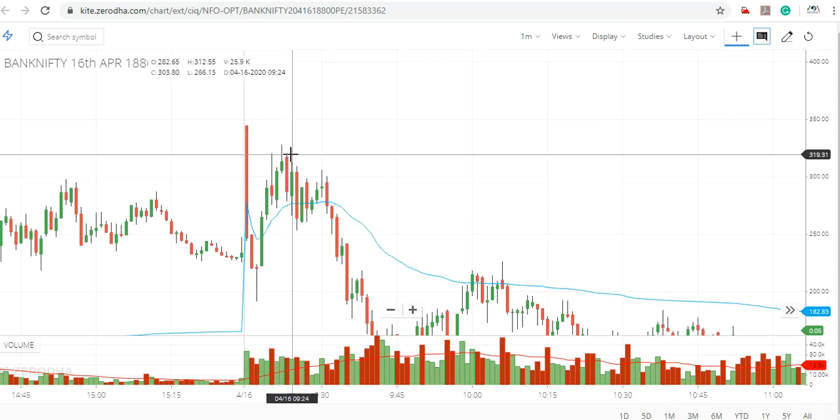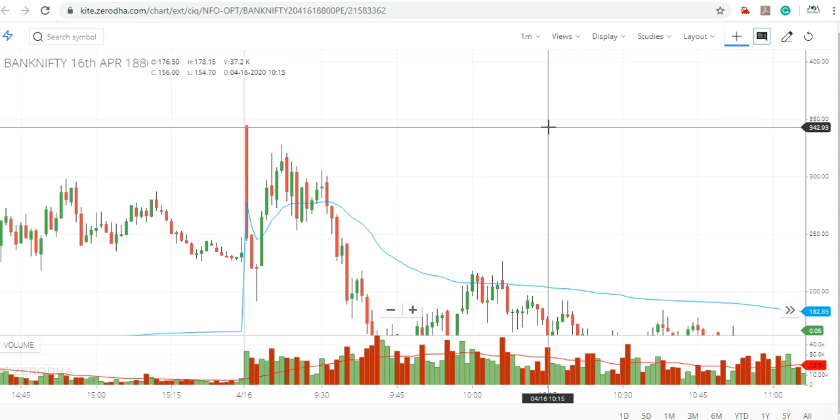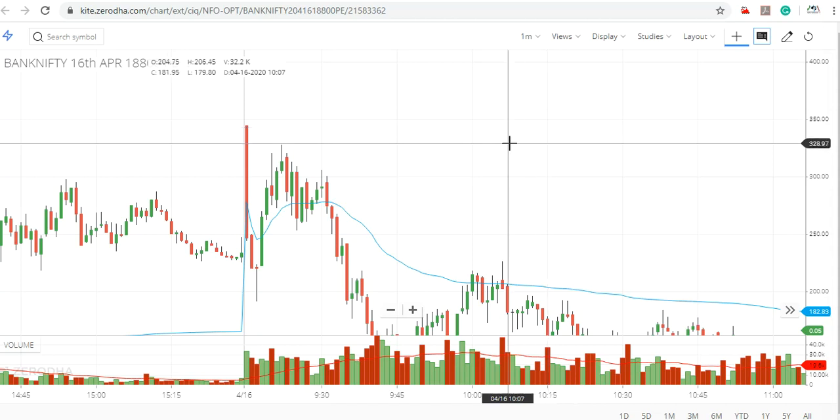327, almost 100 points. Nobody will teach you to scalp for 100 points. That is such a simple technique without any indicators. Okay, 100 points, but you have to be very fast in understanding, recognizing the candlestick pattern, and then taking the particular strike also. If you are fast enough, definitely you will be able to trade and make good money. One good trade, two good trades in a day, that should be good enough for you.